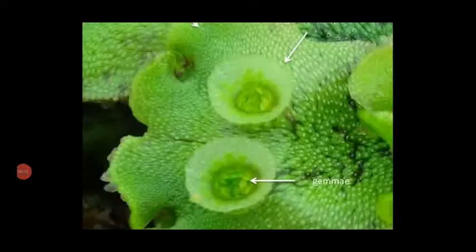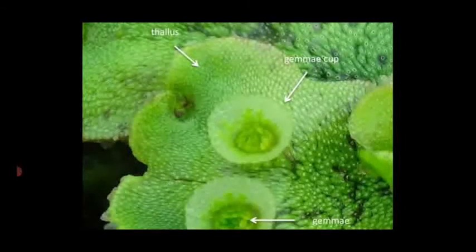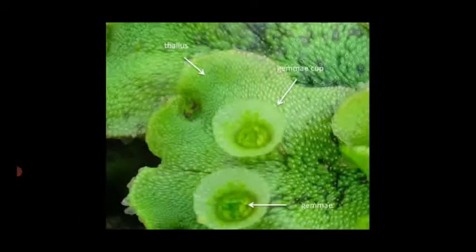Dear students, this is also the same plant named Riccia, but they are producing a small oval-shaped structure in the thallus, that is the plant body, named as gemma cup or gemma. It's a vegetative reproductive organ which afterwards develops into a new Riccia thallus. That means inside the gemma cup, we are having the gemma.